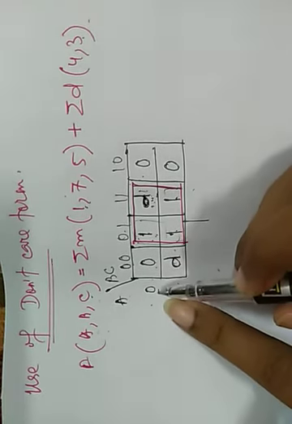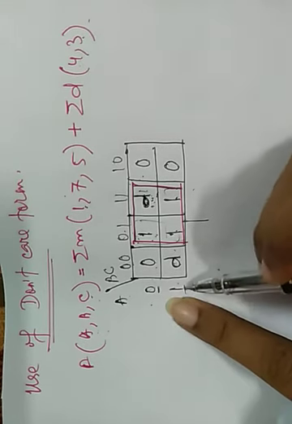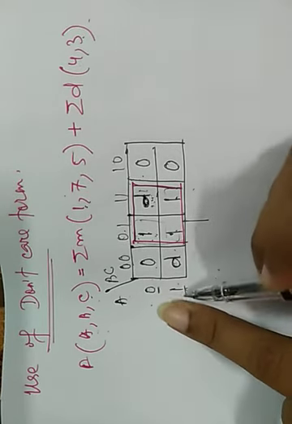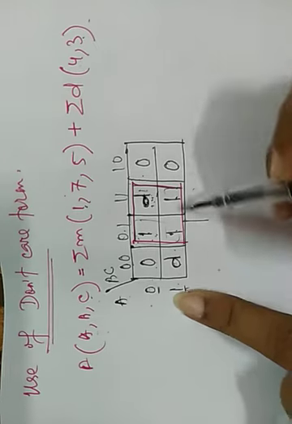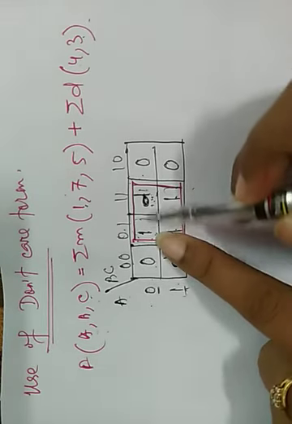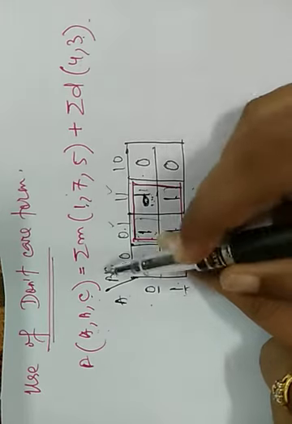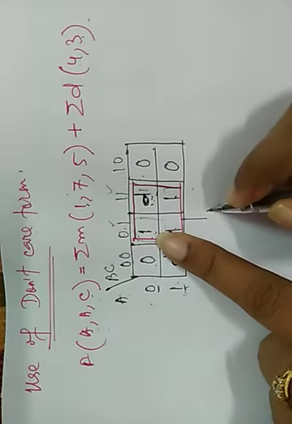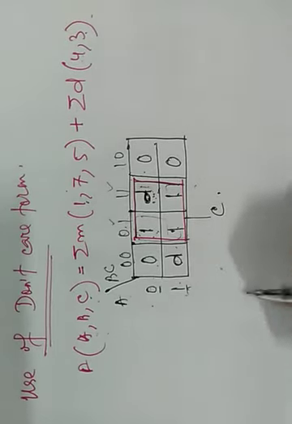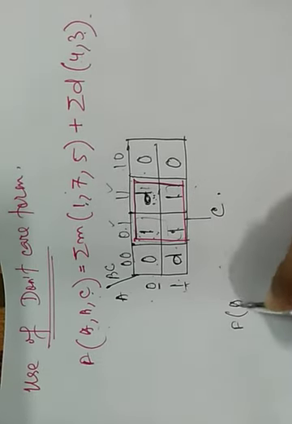For the 2 rows, 0 and 1, no common value is there. So from the row value nothing can be taken into consideration, and for the vertical value, this 1 is common, that means C is taken. Okay, so our expression is so simplified,